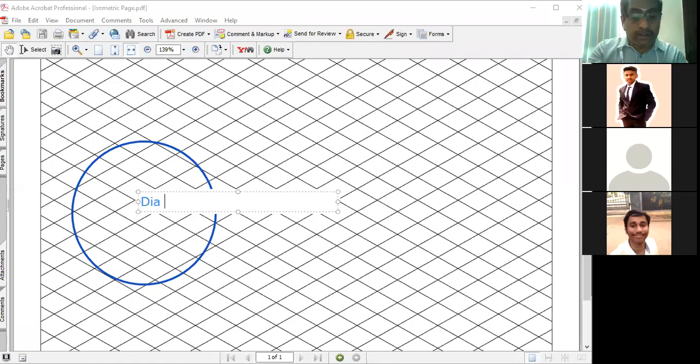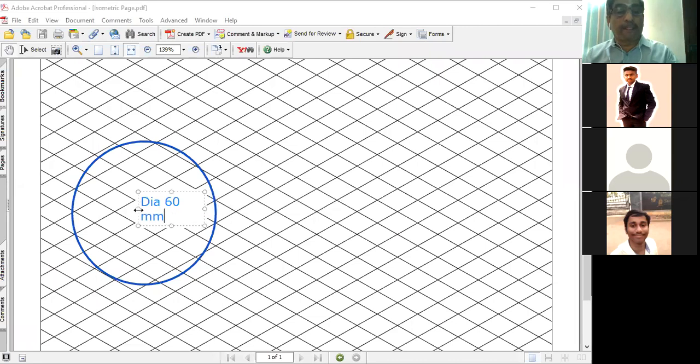Diameter is 60 millimeter for the circle. That same diameter you are going to construct here. You can assume you are going to construct the ellipse in this zone, so that